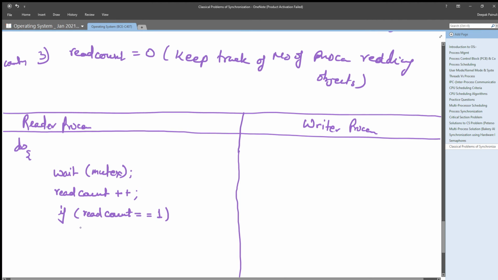So for that it needs to wait on WRT, right? And then signal, if it is not the case, then signal mutex, right?